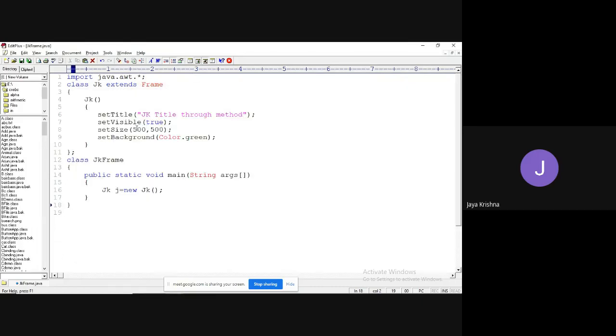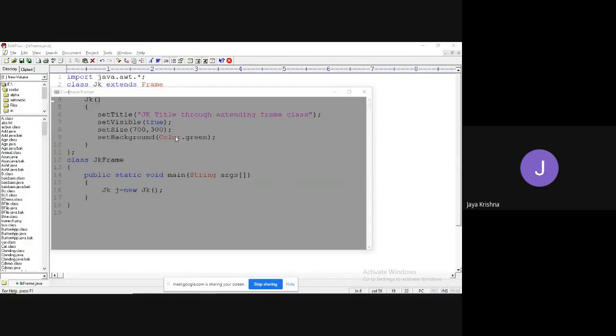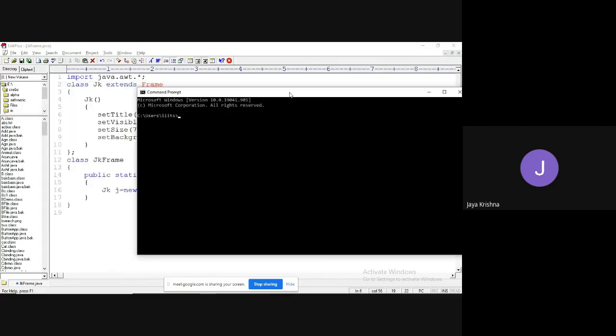Sorry, guys. For example, I would like to make the size 700 comma 300. JK title to extending frame class. Guys, don't worry, there is a method where we can do this process.